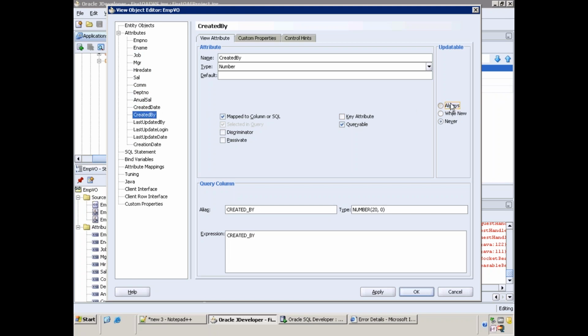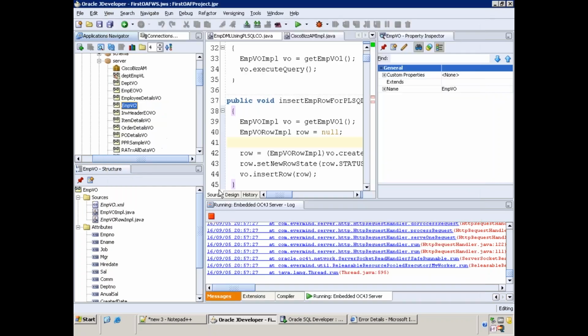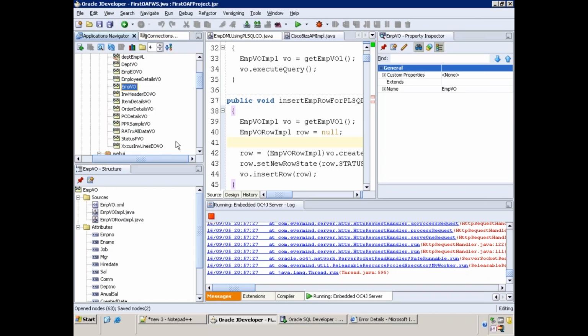So you may not get the direct error. It's very difficult to identify these kinds of bugs. You will not get any direct error. It will never mention the parameter also. So that's a very difficult way to find. Here, apply. Okay. And now let's run the page and see the difference.